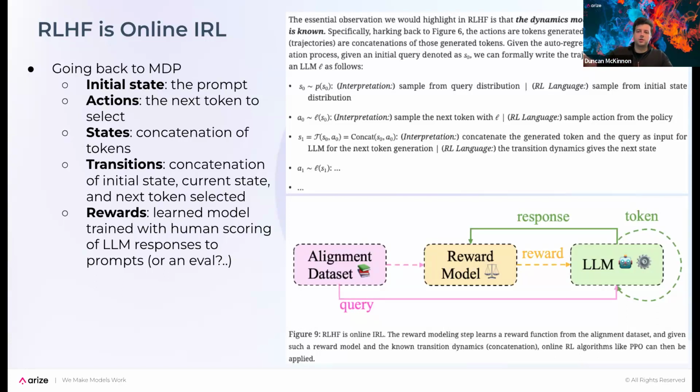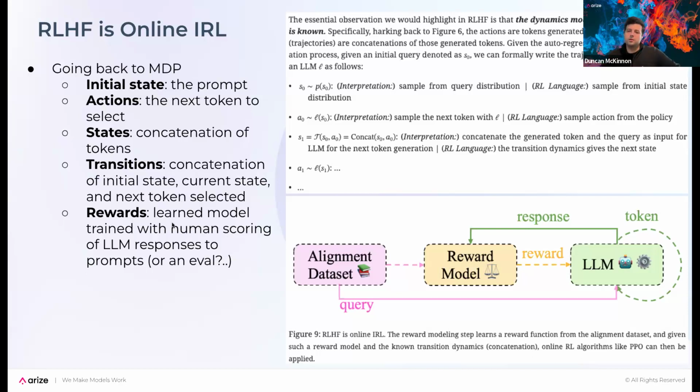So you're just picking one token after another, which is actually how LLMs work. I thought this was a good way to formalize it. This goes through what that means in terms of the MDP. These are the parts of the MDP that we have. And then the last thing that I want to bring up is that we talked about in the last